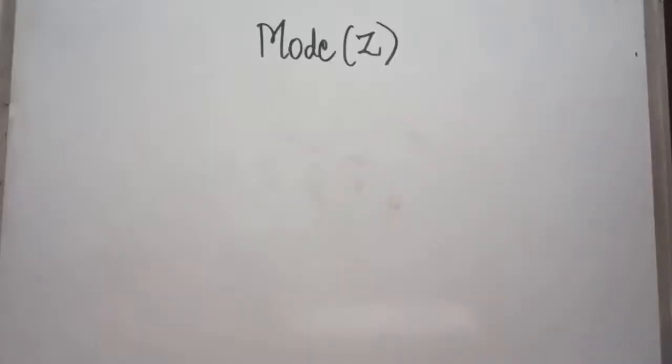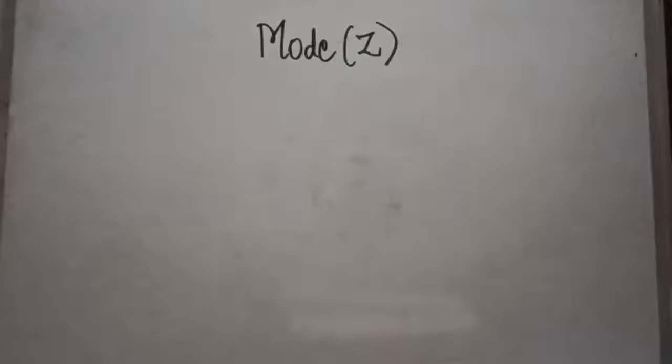The next topic is the calculation of mode. Mode is the value that occurs maximum times in a series. In case of individual series, we take that value as the modal value which is occurring maximum number of times in the series. While in case of discrete series, we take that item whose frequency is maximum. And similar is the case with continuous series.